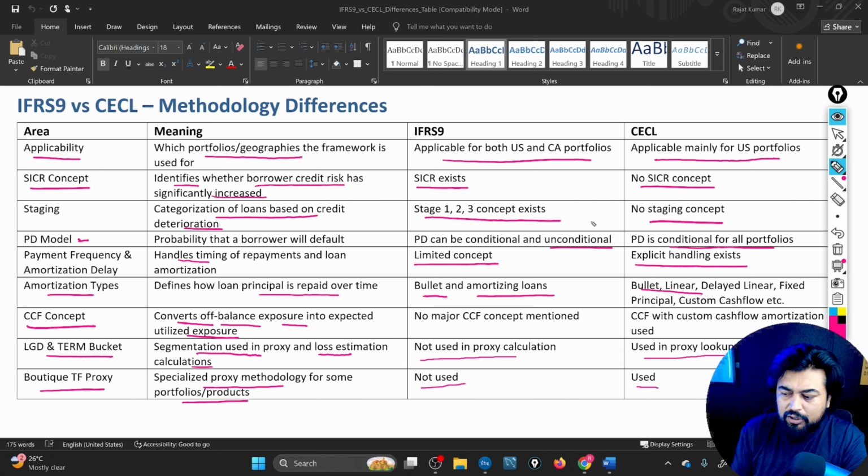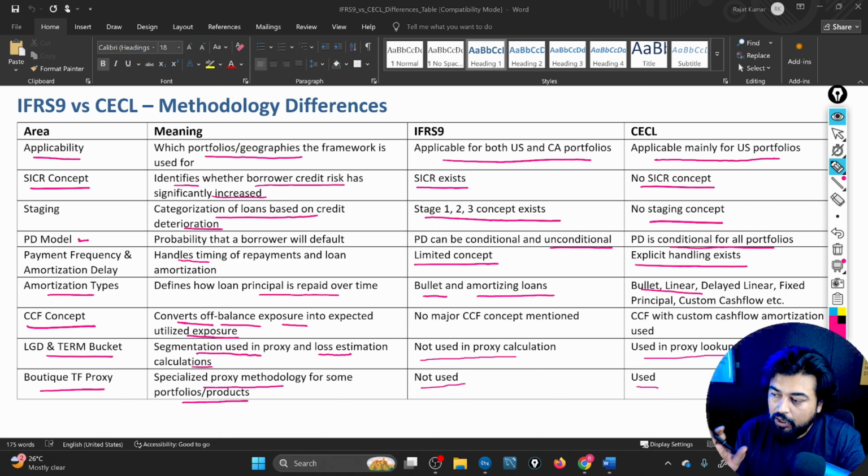Now let me talk about a couple of quick things for your next interview. If somebody asks you the difference, IFRS 9 increases reserve when credit risk increases while CECL estimates lifetime expected loss on the first day of the loan. That is something you should tell. Now, how you narrate the story in your interview is important because this is a very frequently asked interview question. So you should always frame your words in a way that IFRS 9 and CECL are